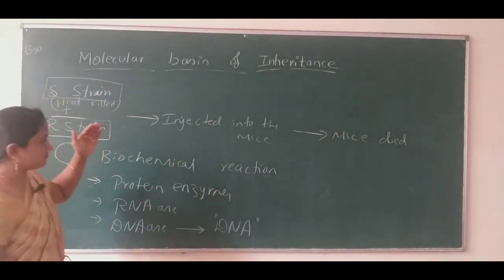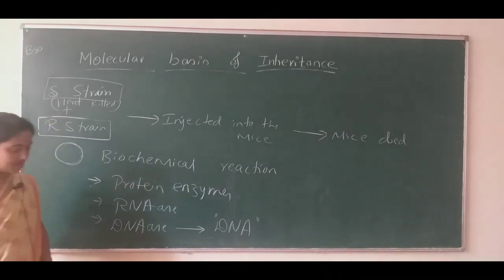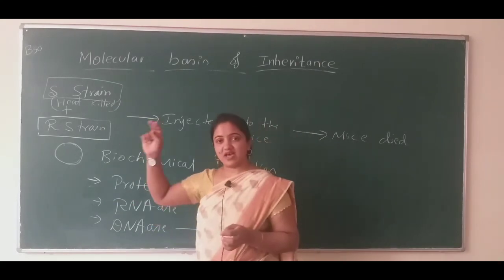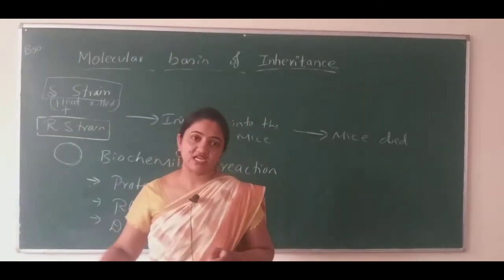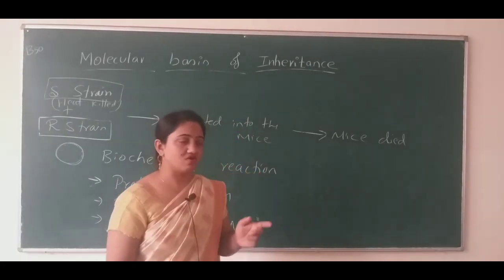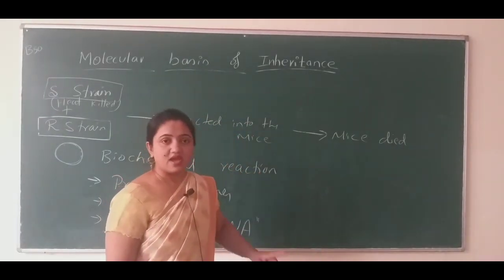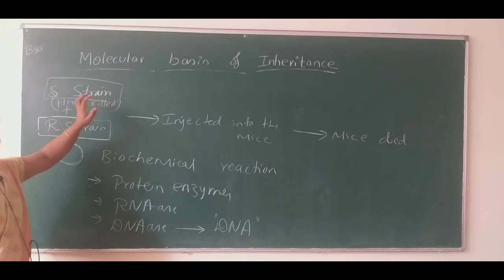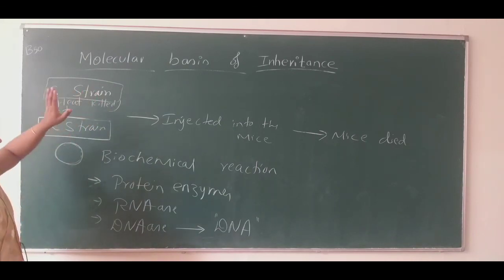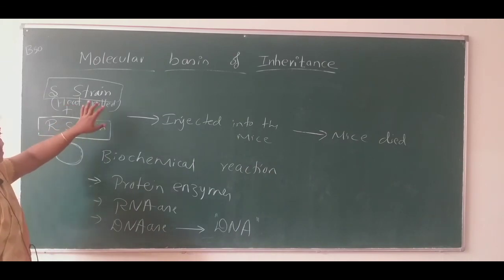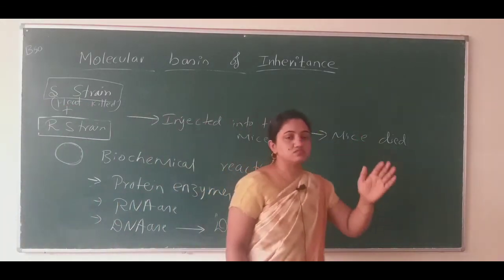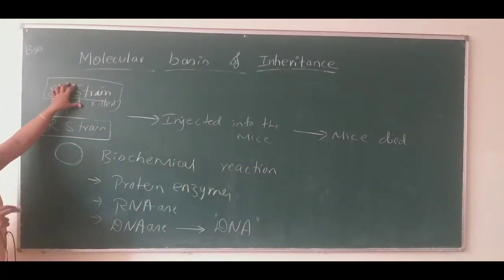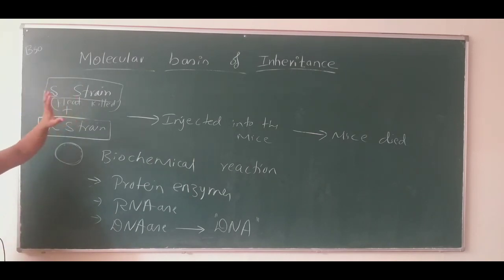Okay, so you have to learn this experiment. Many times they ask about the Griffith experiment for 5 marks. If they ask for 5 marks, you have to write the reactions, you have to write the theory, and you have to conclude with everything. And don't forget to mention heat killed in the 4th and 3rd experiment. If you are not showing heat killed, it means you are not aware of these experiments, so you lose the mark. So learn these experiments and prepare well,